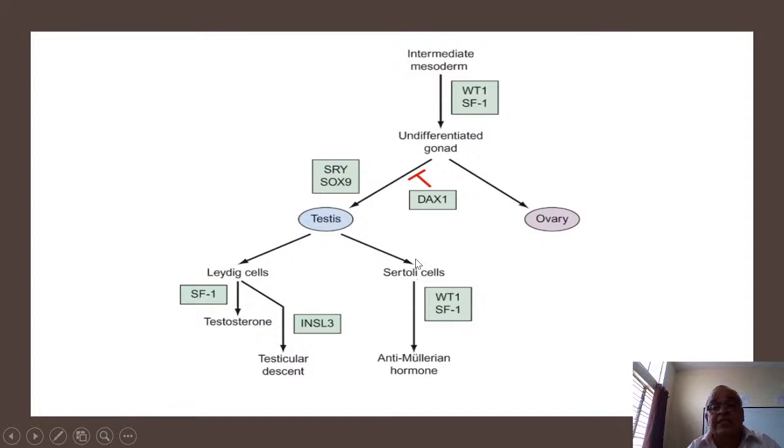Now, the testis has got Sertoli cells and Leydig cells. Sertoli cells produce anti-Mullerian hormone. You see, this is typical male mentality, human mentality rather. We don't want to better ourselves. The way of bettering ourselves is to suppress somebody else, like we are seeing our political leaders, how they only talk ill of others. They don't talk ill of their own problems. So what the Sertoli cells do is, instead of promoting male, ensure that the female system is absolutely stopped with the anti-Mullerian hormone. And subsequently, the Leydig cells produce testosterone with testicular differentiation and the male ductal development